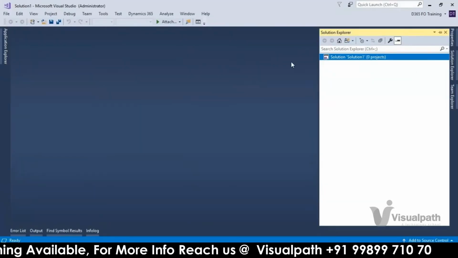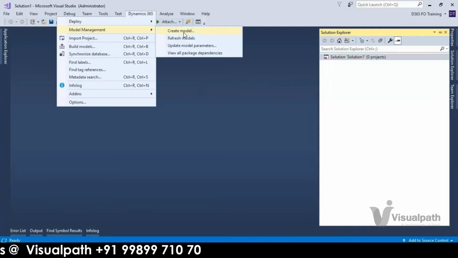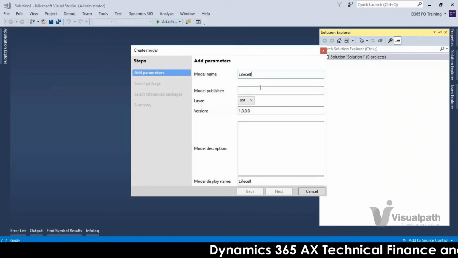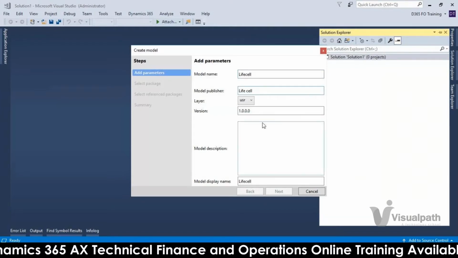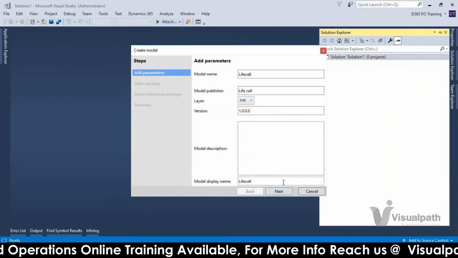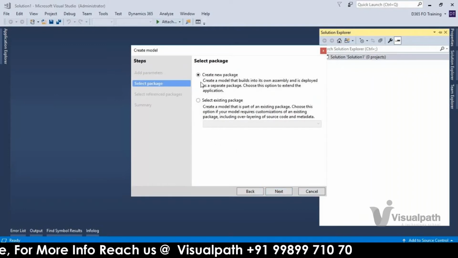Now let me create one model: new model, create model. I'm taking Life Cell. You can take any layer. Click on next. This one I explained to you already.